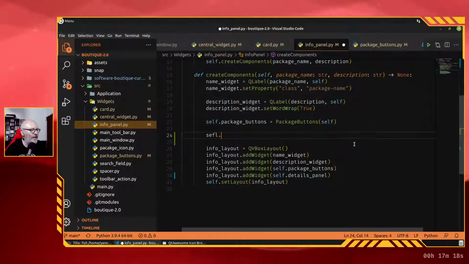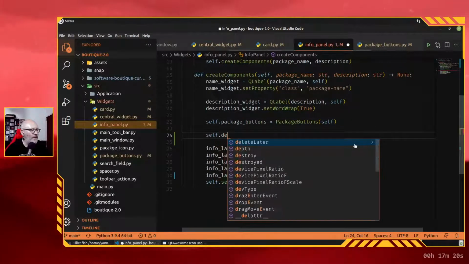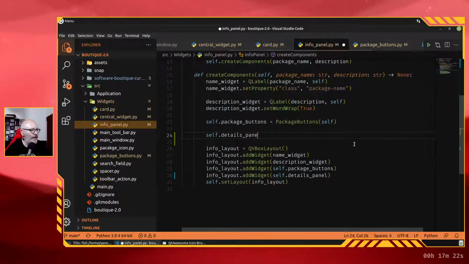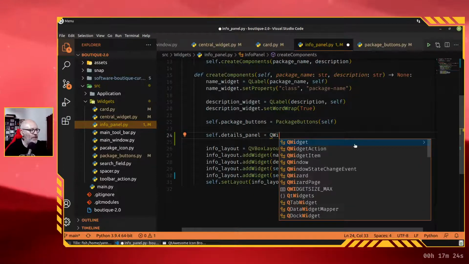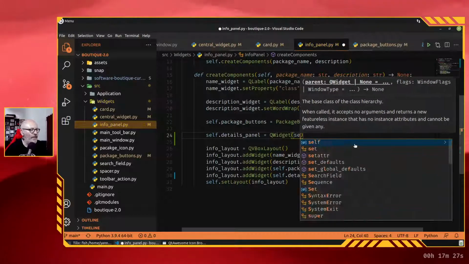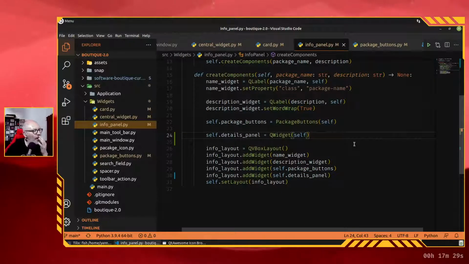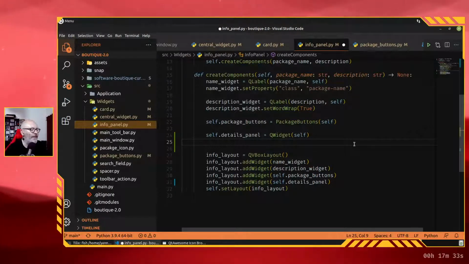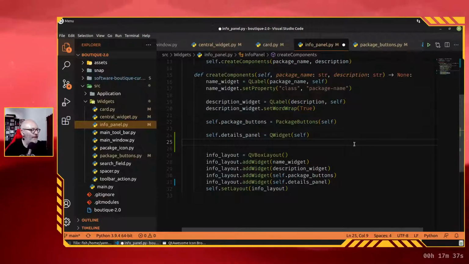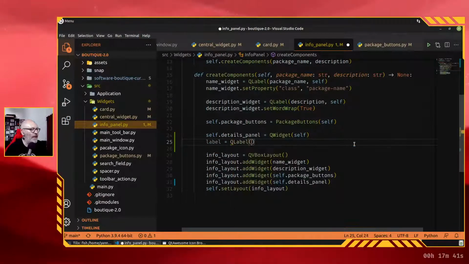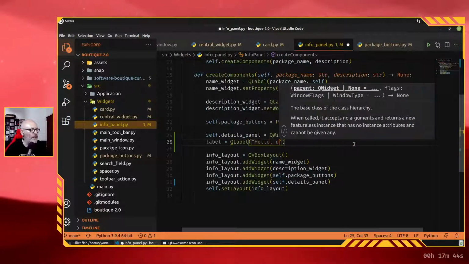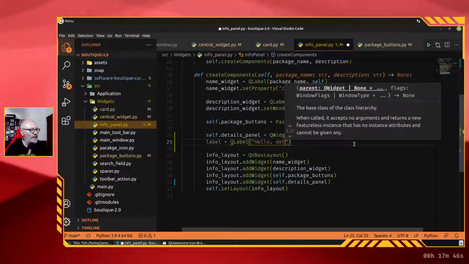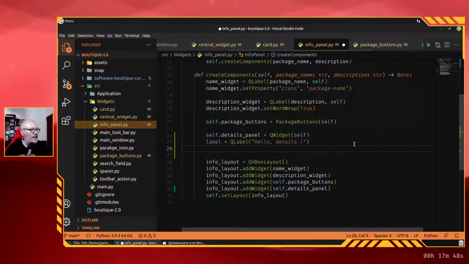Self dot details panel equals QWidget for the moment, and the parent is self. Let's add some stuff in there just for debugging purposes. Label equals QLabel, hello, details, and